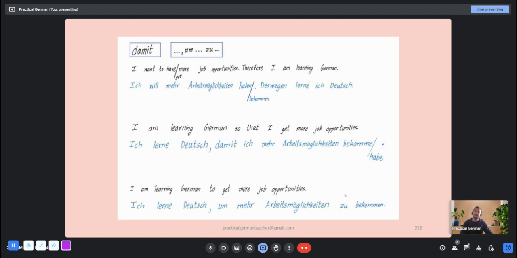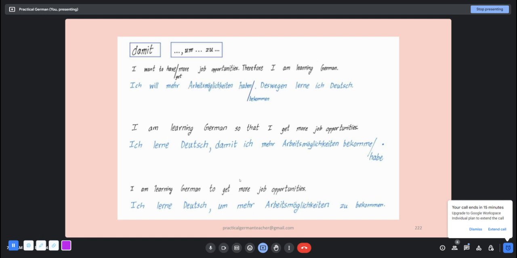Like I'm studying hard to get more money. I'm doing this to. And this is how you can always have this phrase, to get, to have, or as Rishabh said, to earn money. I am learning German to earn more money. So ich lerne Deutsch. What I'm trying to say is that these things have this phrase zu haben or zu bekommen, whatever it is.